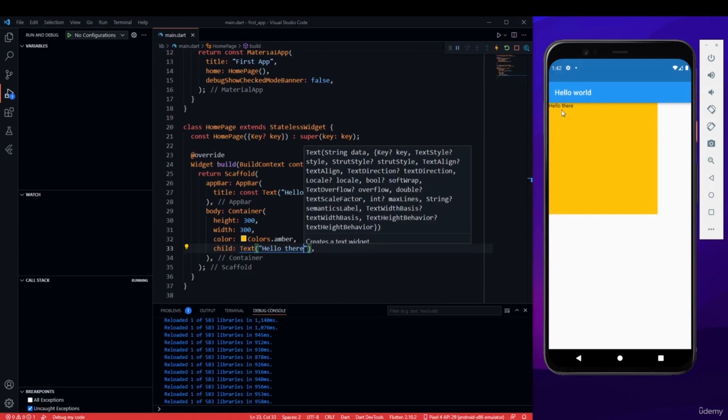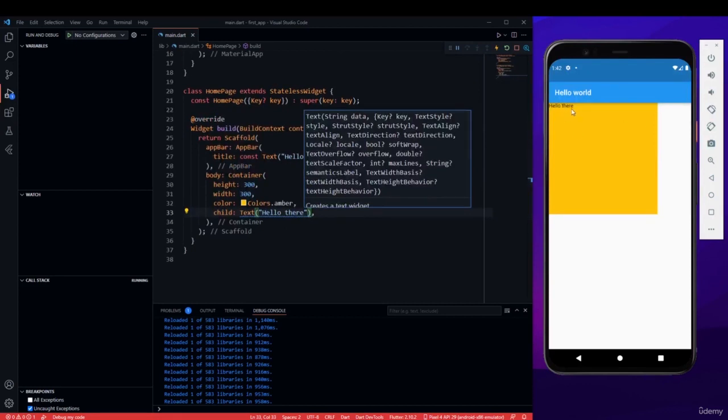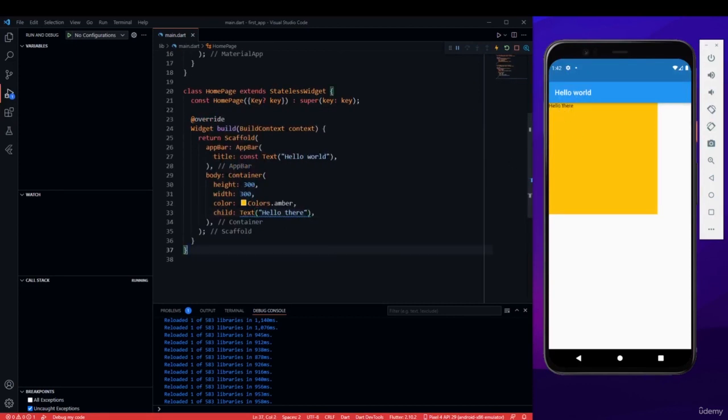So you can see that hello there appeared, but this is not presentable. This looks very ugly, right? And plus the color is also black. So let's explore the text widget in the next